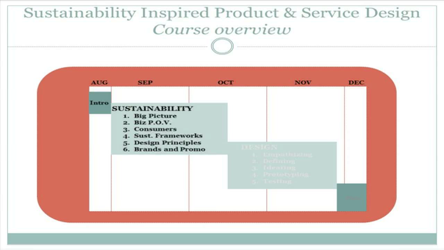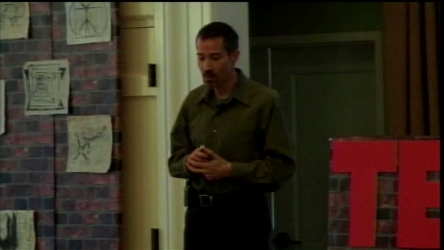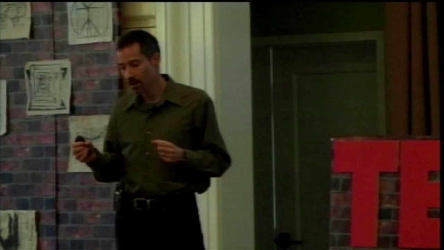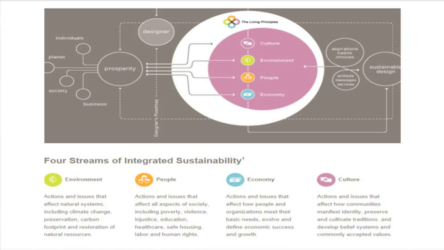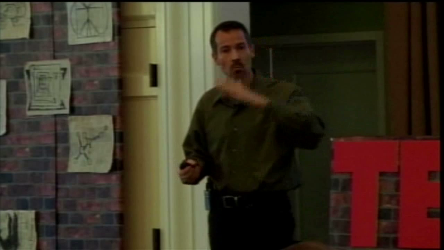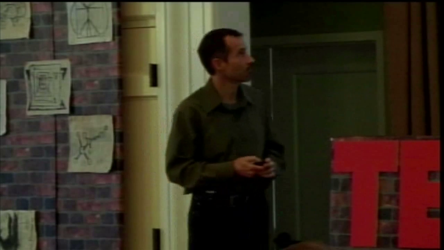Instead, I came up with a class where I did have a front end where we did talk about sustainability from a lot of different perspectives. And one of the things that my students did is they adopted a company and a brand, and they went through a framework. This is the Living Principles framework, and I love this framework because it adds the fourth dimension to sustainability, which is culture. And the framework has 21 criteria, and my students went through the process of analyzing these companies and brands and understanding how these different products fared along 21 different dimensions.